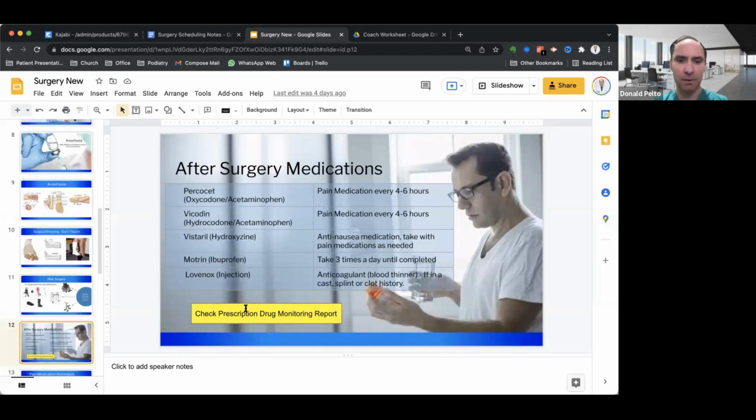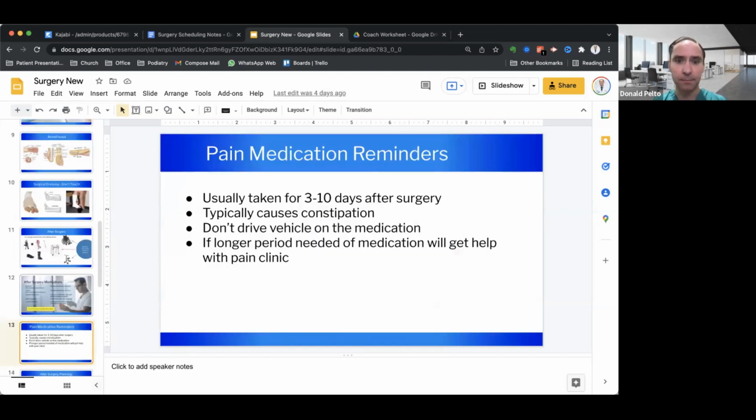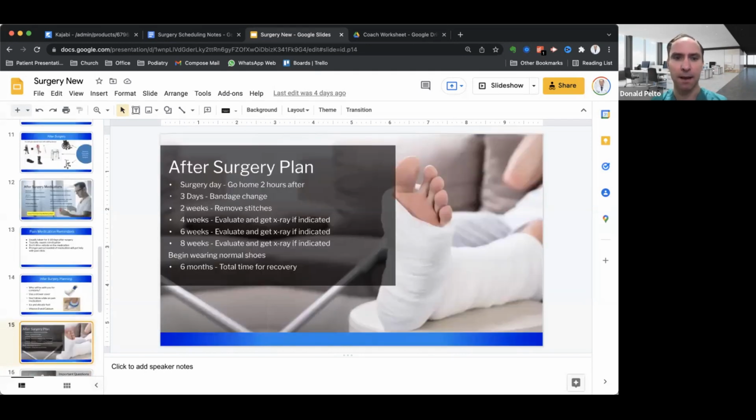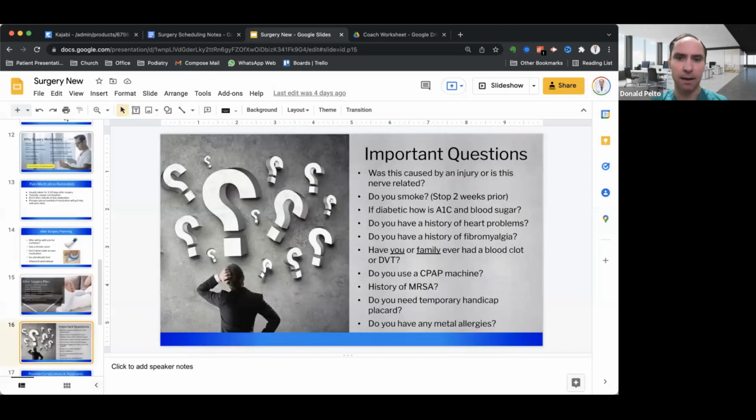This is a little reminder for me to check the prescription drug monitoring report. So I check that within my medical record, talk about surgical medications afterwards, pain medication, talk about after surgery. All my patients would leave with one of these shower covers as well. I talk about surgical planning and then important questions. The main reason I have them come here is to talk about this, right? If they smoke, problems with A1C, DVT history, MRSA,